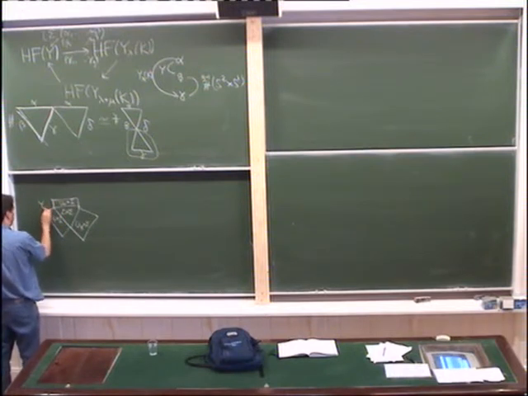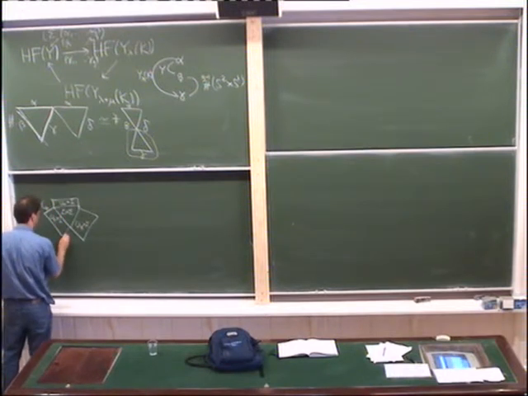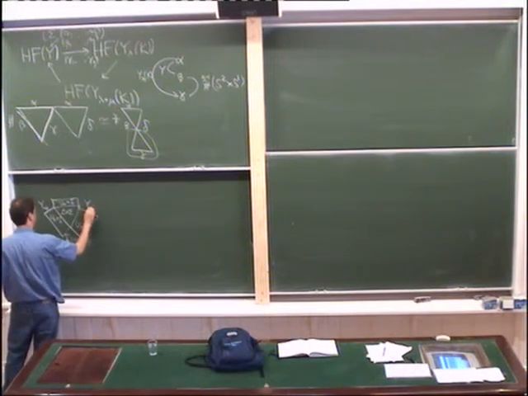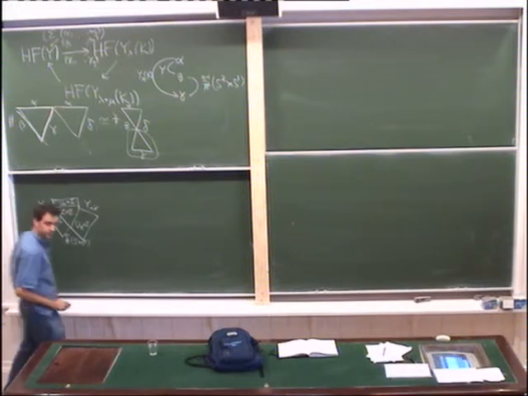So this is Y alpha beta. This is g minus 1 copies of S1 cross S2. And this is Y alpha gamma. And